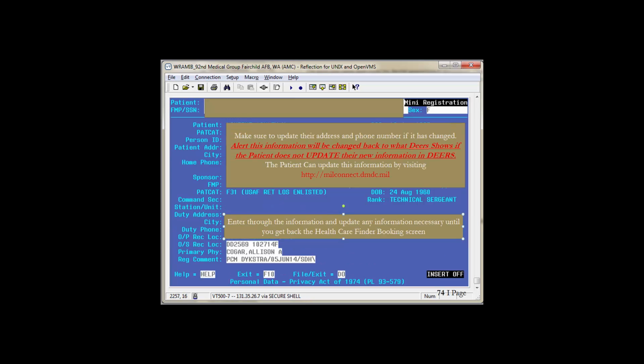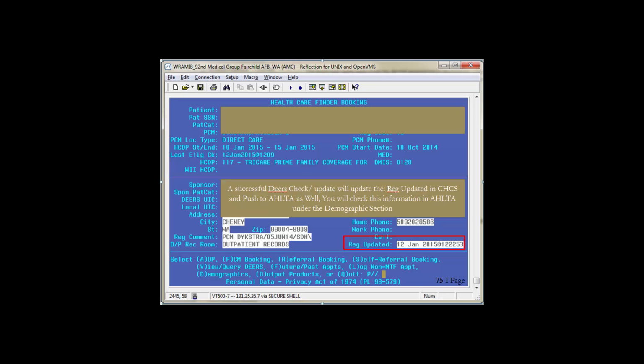If you have the mini registration key, make sure to update their address and phone number if it has changed. Note that alterations to this screen will change back to the information currently in DEERS if the patient has not updated their information in DEERS. They can accomplish this update with their DEERS information at http://millconnect.dmdc.mil. If the DEERS check and update were successful, the reg updated date in the lower right corner will be